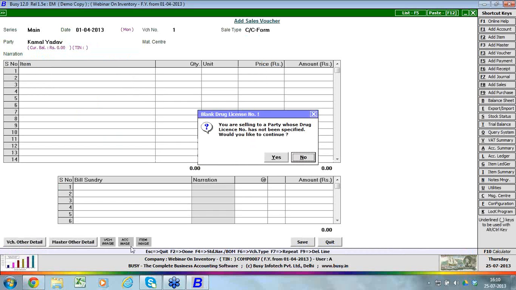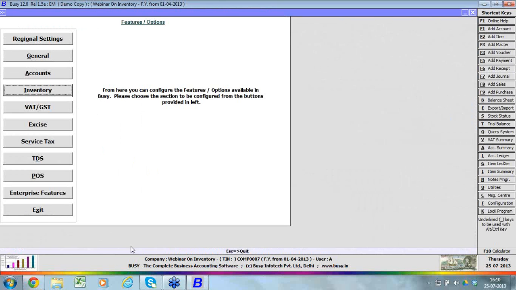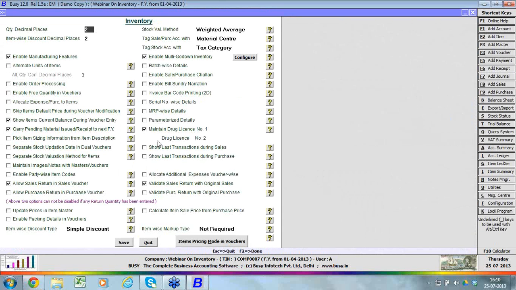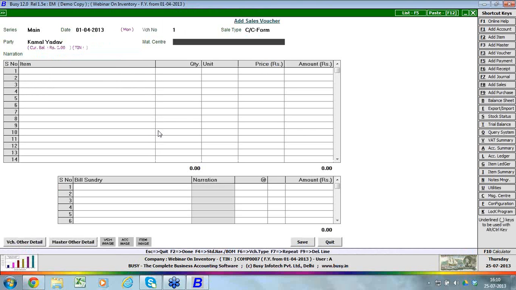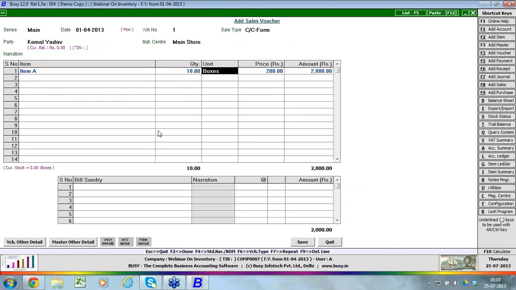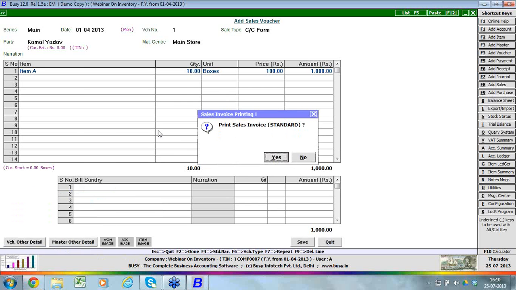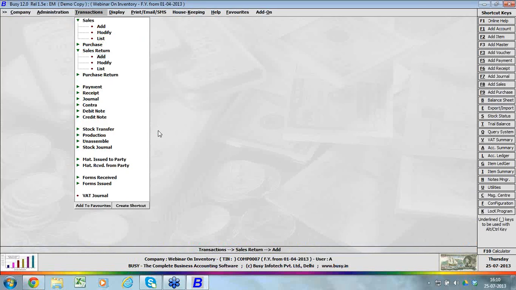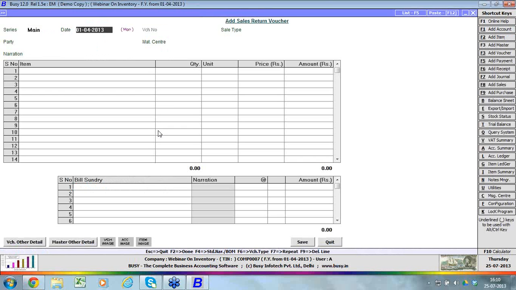You can see we would like to continue. So all these options will be highlighted if you have configured it in Busy. So I will just dismantle this one so that we can do it smoothly. Let's say item A sold 10 pieces at 100 rupees. Now when the sales return comes, you can see the voucher number here was 1. This was our voucher, sale return comes,